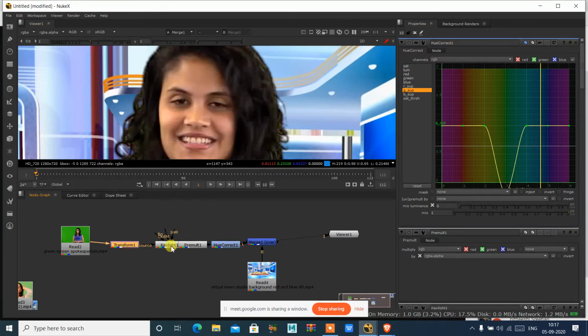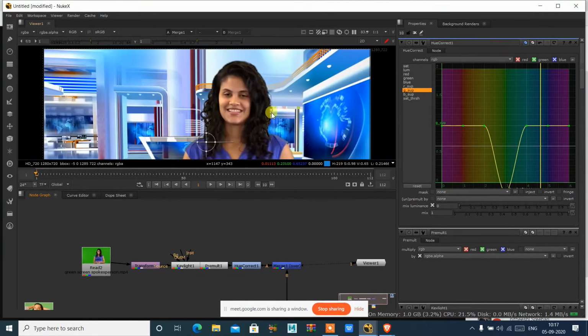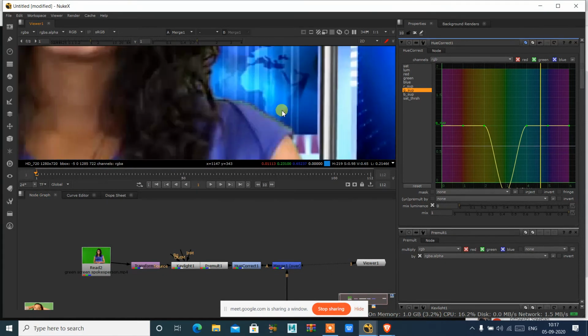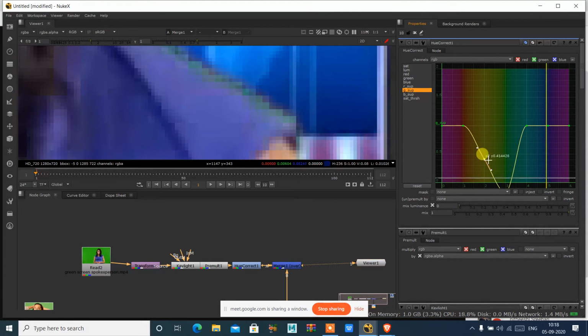Once we have done this, now we have to add a light wrap to this. Now we have to blend this image with the background, so we add light wrap. Still I can see a little bit of green over here, so move this a little down and see how much of the green is there. I can just remove a little more. This part is also having some greenness, that is what it is there.